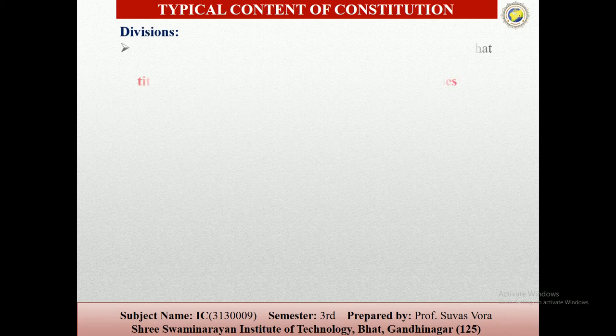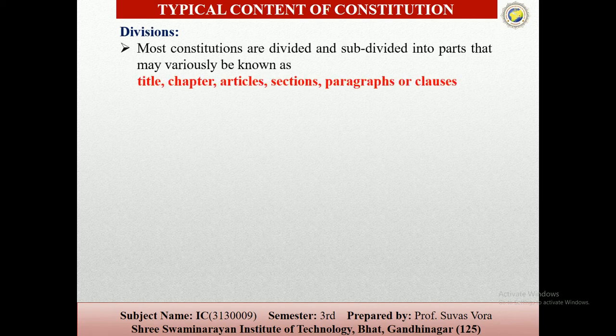So a typical concept of the constitutions is divisions. Divisions means जैसे हमारे एक बुक की बात करते हैं तो बुक में टाइटल्स होते हैं, टाइटल्स के अंदर अलग अलग चैप्टर्स होते हैं, चैप्टर्स के अंदर आर्टिकल्स होते हैं। सो आर्टिकल के अंदर उसके पूरा डिस्क्रिप्शन होता है। तो यहाँ पे भी वही सेम चीज़ है। So most constitutions are divided and subdivided into parts that may be various parts known as the titles, chapter, article, sections, paragraph और clause. क्लोजेस यानी कि पर्टिकुलर सेक्शंस के अंदर और पैराग्राफ के अंदर पर्टिकुलर जो लाइंस होती है जो हम इन्वर्टेड कॉमा में लिखते हैं, ये कॉल्ड द क्लॉज।